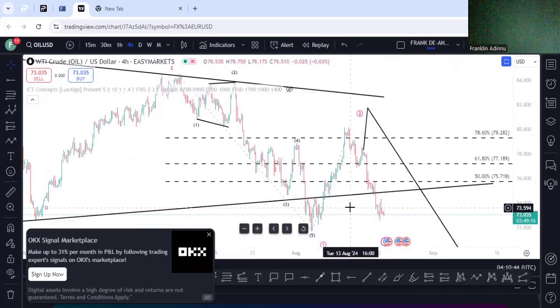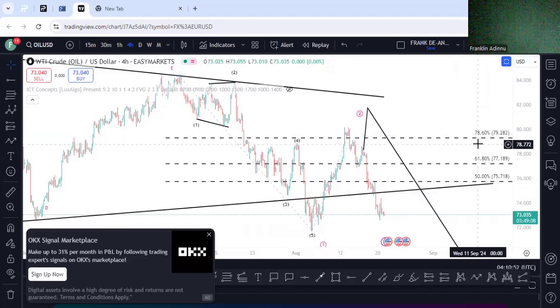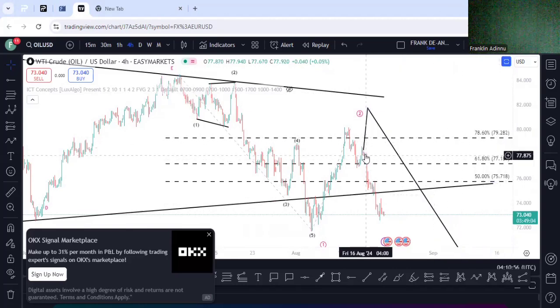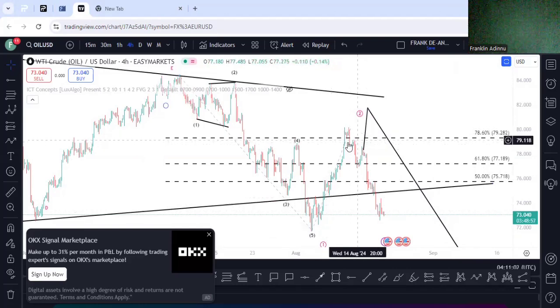See the correction come to almost 78. See that, I'll tell you about 78. Come to 78.5. So I would have said from there, I saw it when it was coming. But the reason why I did not say it from here is